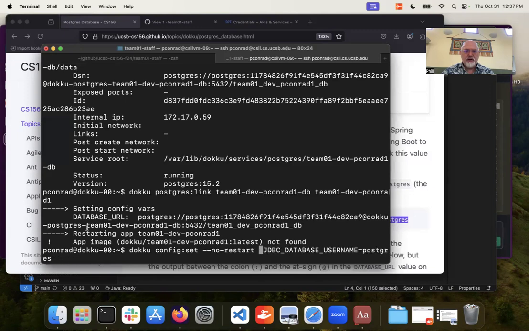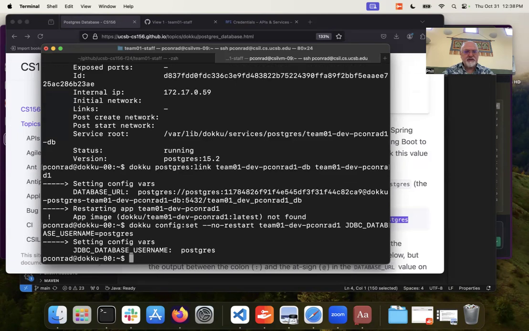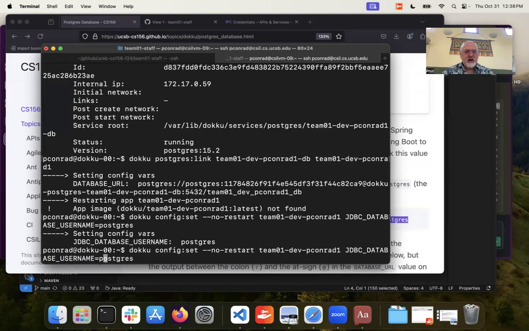So this time we're going to use the no restart, even though there's no app to restart, so it wouldn't really matter at this point, but it's a little cleaner. team01 dev pconrad1, that's our app. The JDBC database username is postgres. The JDBC database password,